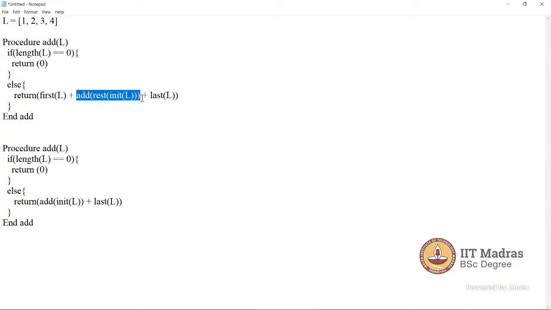Understanding-wise, I think this same kind of question came in a graded assignment also, and I was confused. So will it take first and last in the first attempt itself? Yes, in the first attempt itself it will take first and last, and then go for recursion.